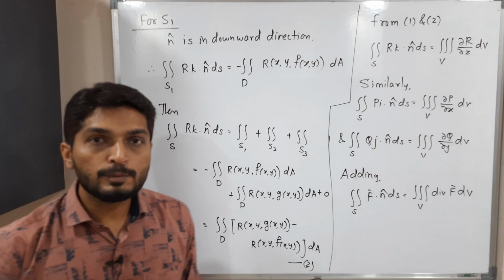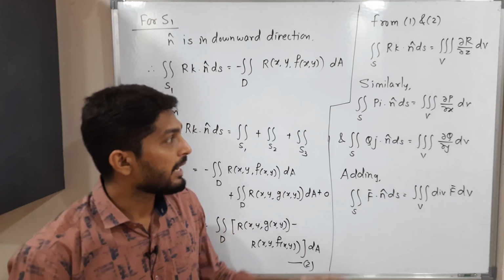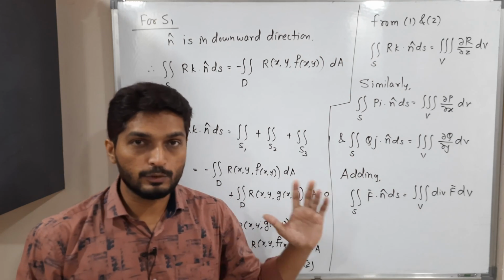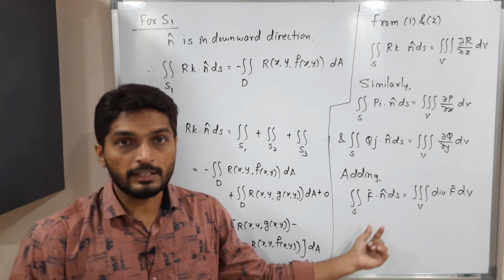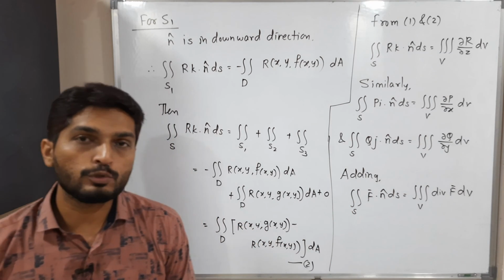At the beginning of this proof we have already discussed how by adding all this you will get this one. So I can directly write that this double integral, or you can say the surface integral, is equal to the volume integral. Okay, so in this way we proved